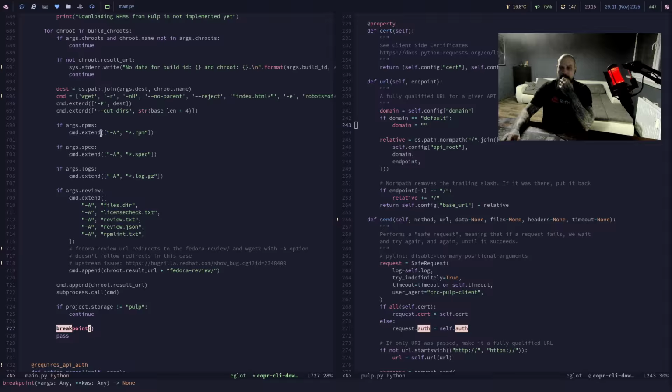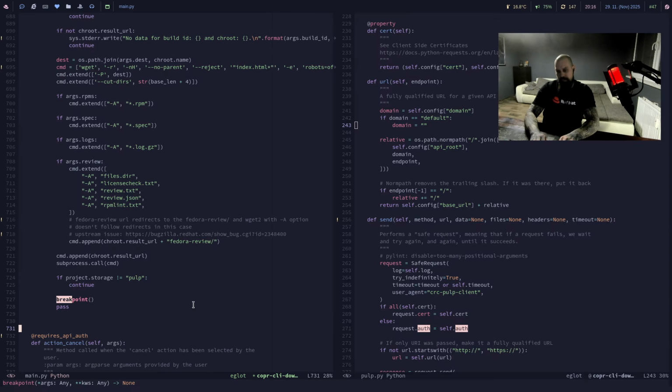We will need to experiment with that. But I know you can download, for example, only spec file or only RPMs. And in case we want to download only RPMs, we need to download the results JSON anyway. Otherwise it cannot work actually. So yeah,